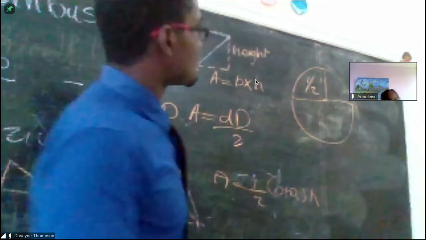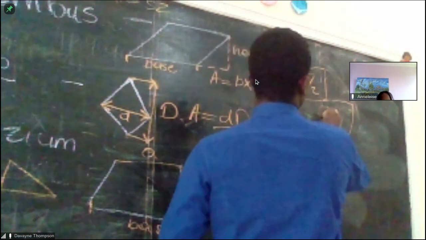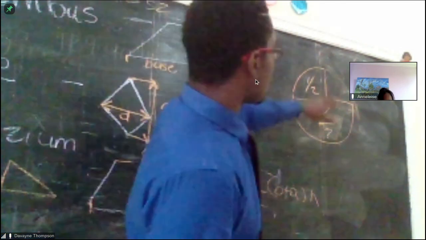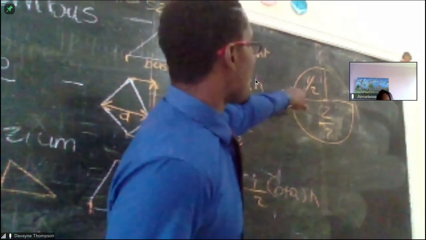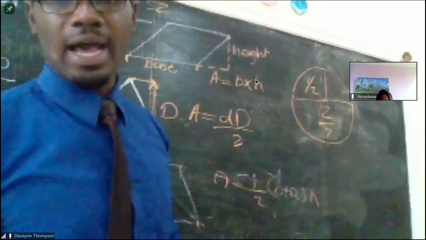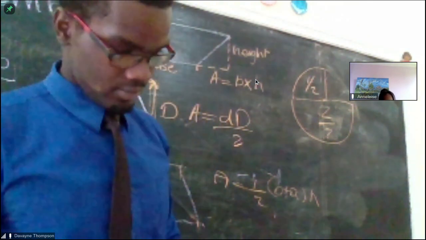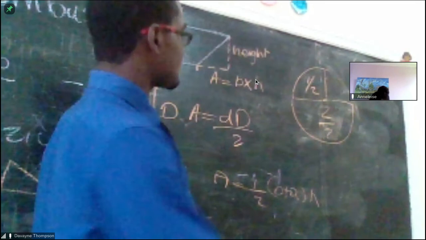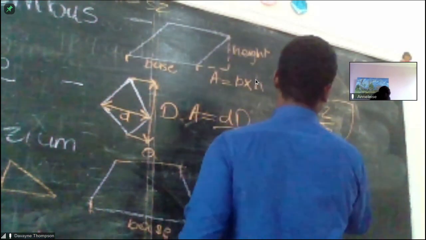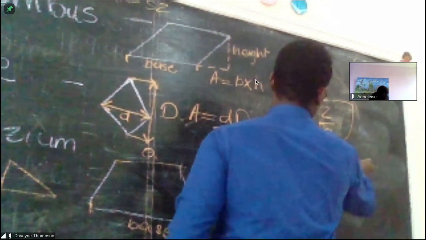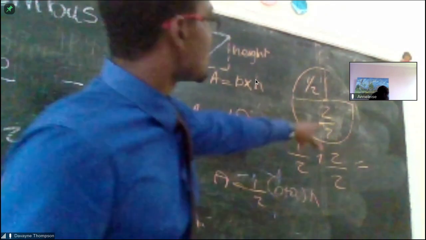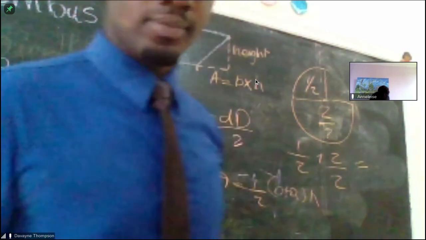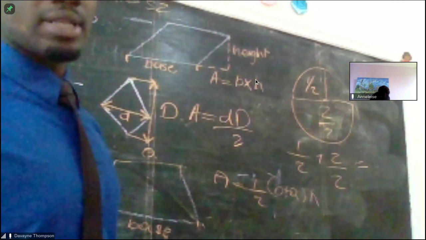Yes, sir, it's a whole. So that means if I have a whole, it's the same thing as 2/2. So to find the entire length of this arc, I'm going to add a half plus 2/2. So add that for me and tell me what you get. What is a half plus 2/2? That will tell us the length of this arc, or length of arc. That would be